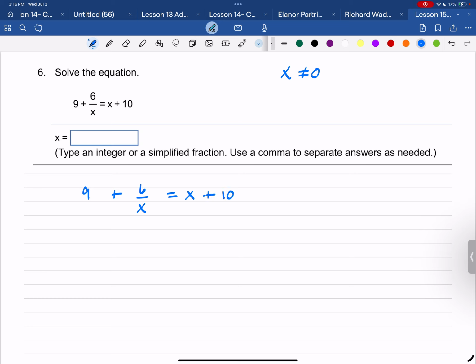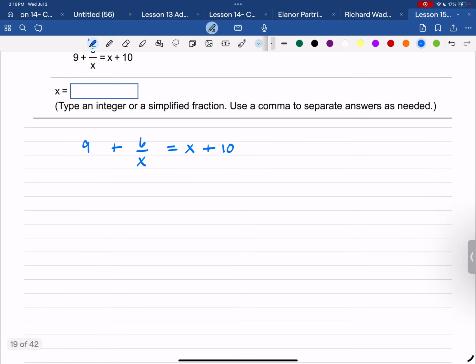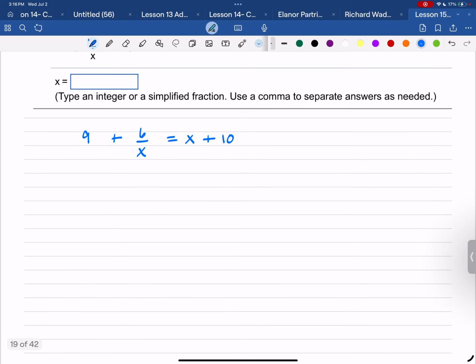So I have 9 plus 6 over x equals x plus 10. I'm going to multiply all terms by x. So 9 times x, 6 over x times x, x times x, 10 times x. That's going to give me 9x plus, x into x goes 1, so that just leaves a 6